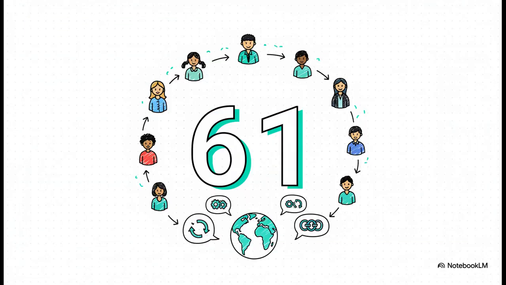Okay, so what's with this number? 61. Well, that is how many different languages the entry for society is listed in on that single Simple English Wiktionary page. It's just this powerful little reminder that even though our words for it might change, this fundamental idea of people living and working together, that's a universal human experience.